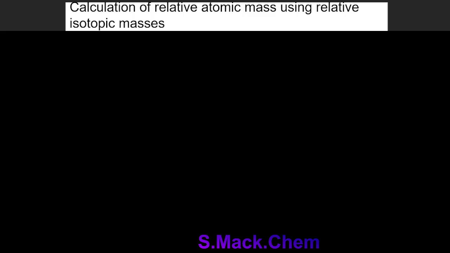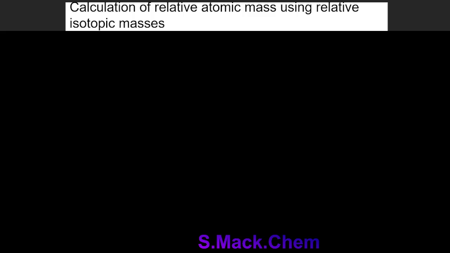Now, how do we calculate AR, which is our relative atomic mass? It is the sum of the relative isotopic mass for each isotope multiplied by the natural abundance of that isotope